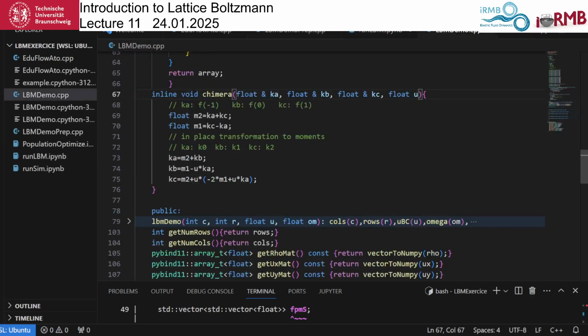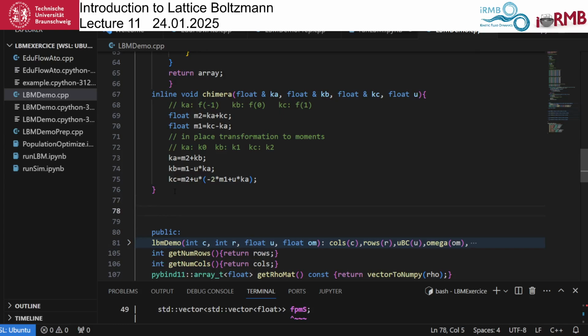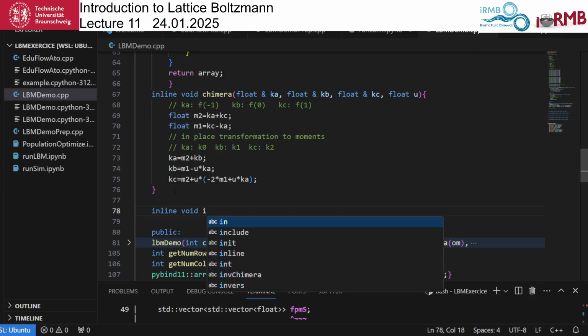Yeah. So what we do is we write an inline function, inline void inf